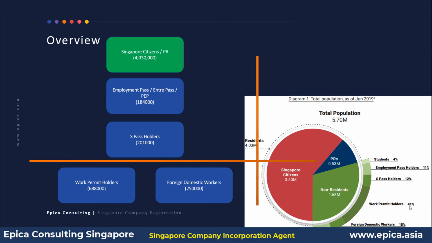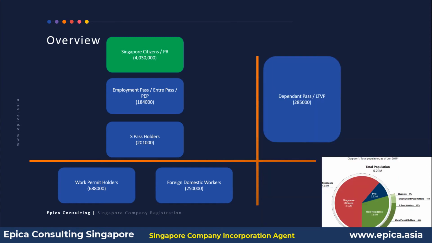Above them comes the category of Singapore citizens and PR, which is collectively 4.03 million residents. These people do not have to get any work permit. That's why I have shown this cell in green color. They can work in any company so long as they get the job, and they can even start their own